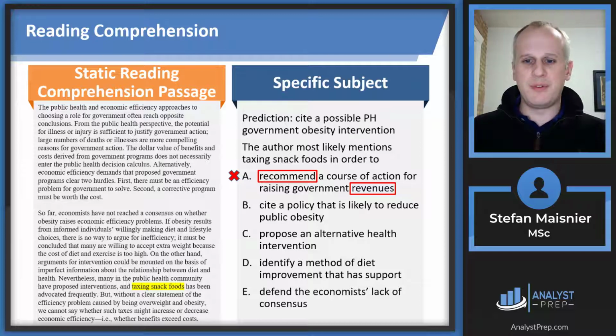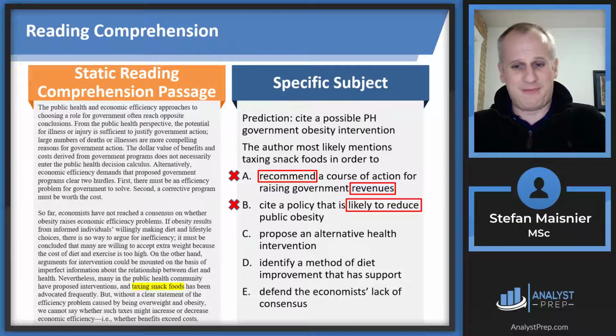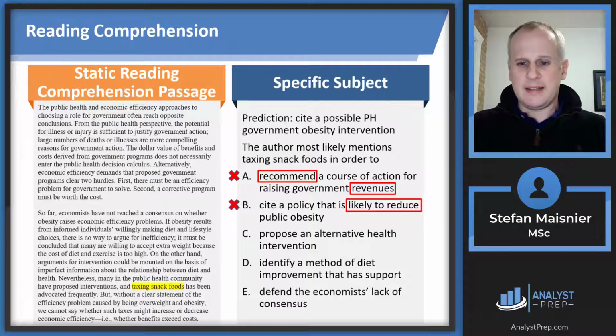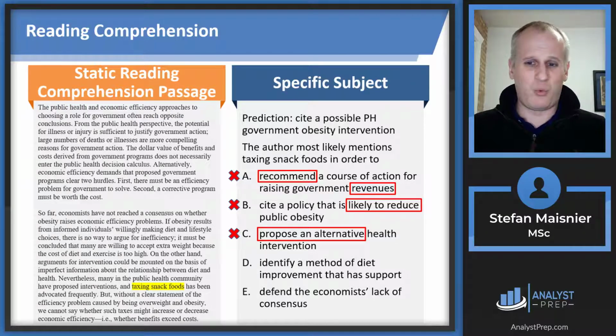Then with choice B, we've got cite a policy that is likely to reduce public obesity. We don't know that it's likely to reduce the public obesity. We just know that it's one that has been advocated frequently. Again, we're not proposing an alternative health intervention. An alternative to what? There's no alternative, so this is not why the author introduced the idea of taxing snack